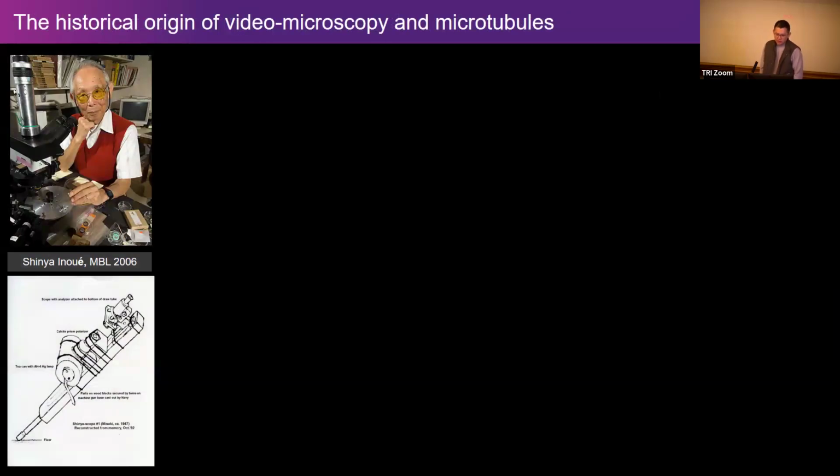But before I get into the work, I thought I'd take a bit of a historical tangent and talk about the origins of live cell microscopy. And it originated in the US by this researcher called Shinya Inoue. And in the 1940s, just after World War II, he was one of the pioneers that built one of the first polarized light microscopes, using just a couple of scrap parts, as you can see on the bottom left here. So he used a discarded machine gun base, a tea can tin, a mercury lamp, and a polarizing prism